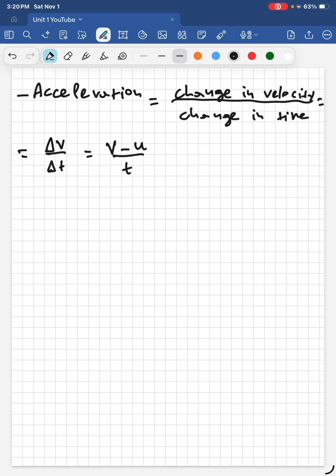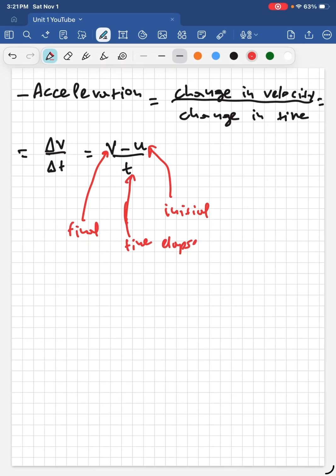So this v is what we will use later when we discuss Suvat equations. So this is the final velocity and this is the initial velocity, okay? And this is the time elapsed between this change, okay? So acceleration is measured in meters per second squared, and it's a vector quantity,